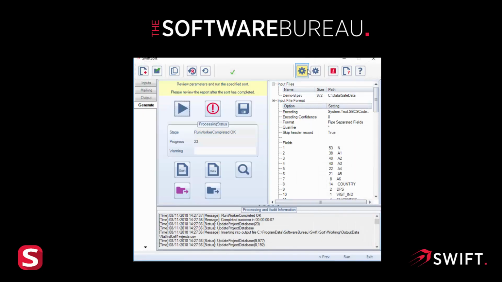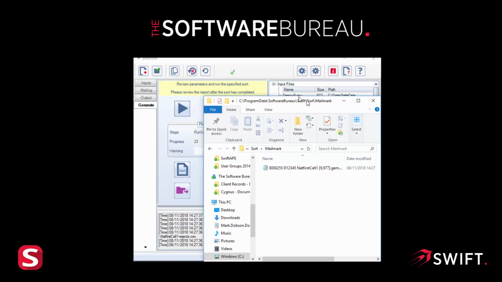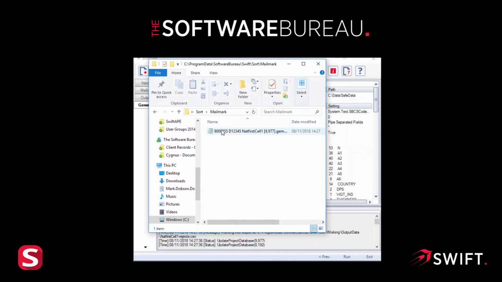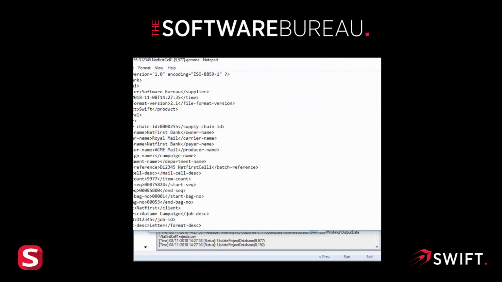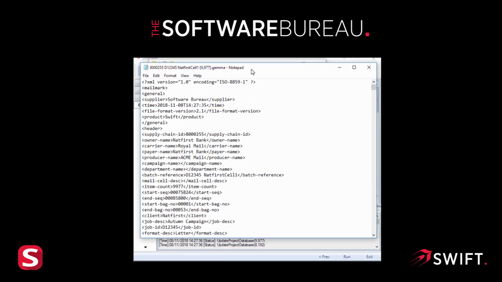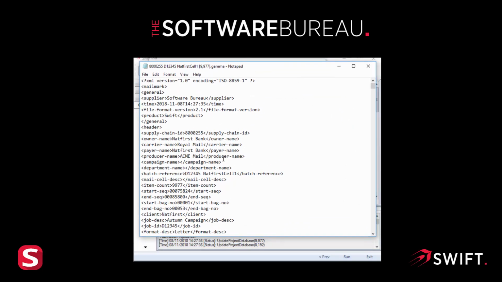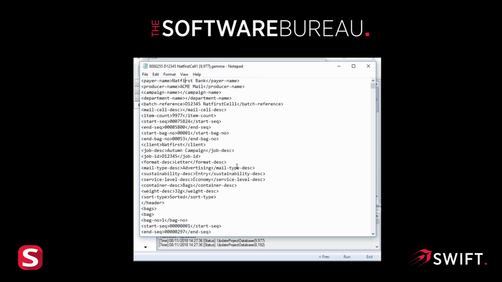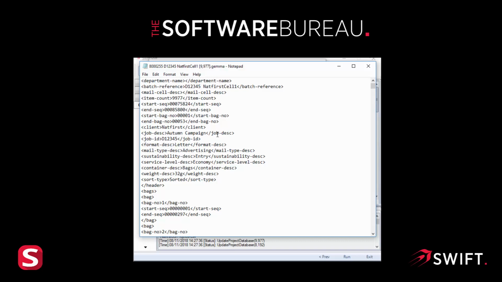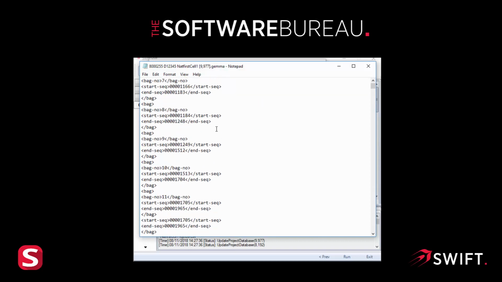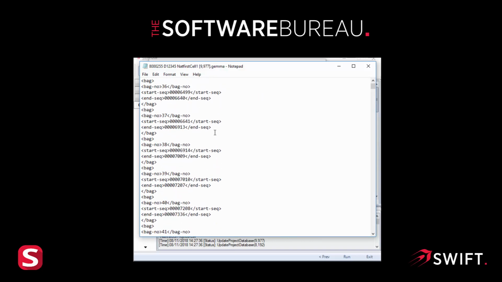Okay, close that down, and we'll now have a look at the manifest. So this is our Mailmark folder, and if I open the manifest file, which has the file extension of .gemma, okay, we can see here this is the manifest. Bit of information at the top about the, first of all, the supply chain ID, and then the owner, the carrier, the payer, and the producer. Other bits of information that are relevant are the bag information, and as I scroll down after a